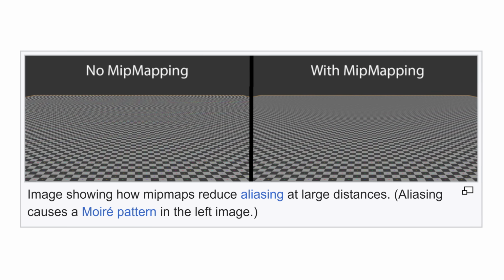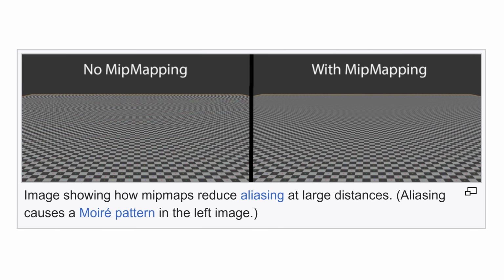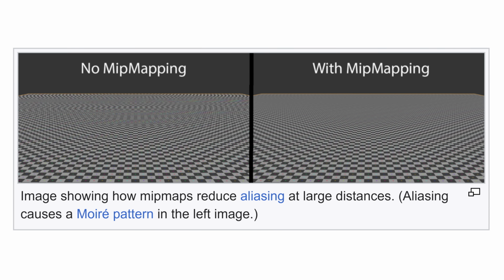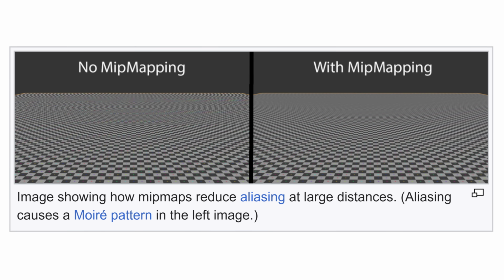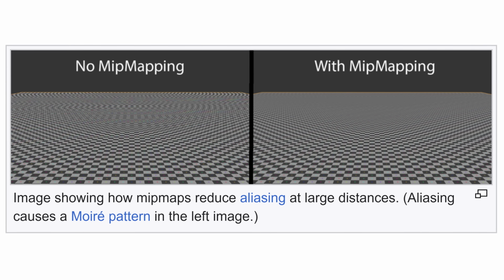And counterintuitively, these lower quality images can also look better, because instead of millions of different coloured pixels fighting to be displayed on a single pixel on your screen, which can cause distracting shimmering should there be the slightest movement, it's far better just to get the average of all these pixel colours, which is sort of what a lower resolution texture does.